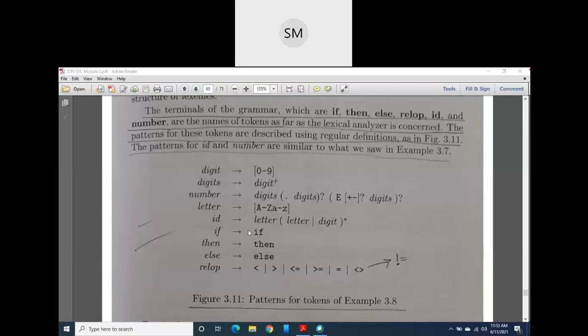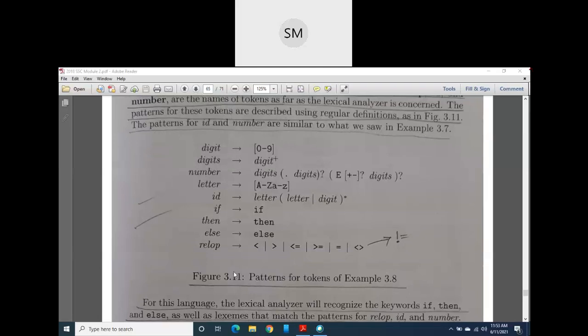So as it is, we have defined them and we have given one name to them. Same name I have given here. Then one more interesting token is a relational operator. For relational operator, how exactly does it take the pattern? Relational operator may be less than, or else it may be greater than, or else it may be less than or equal to, or it may be greater than or equal to, or it may be equal to.